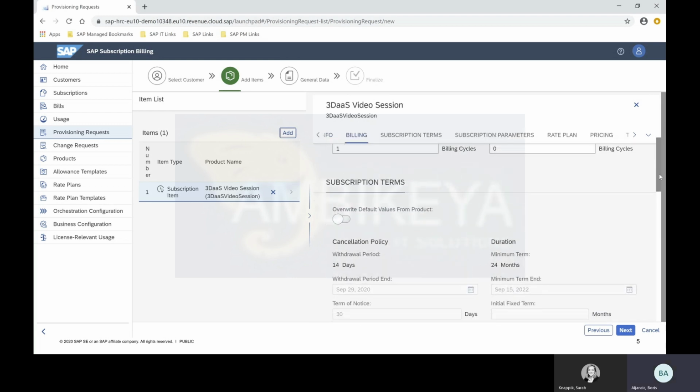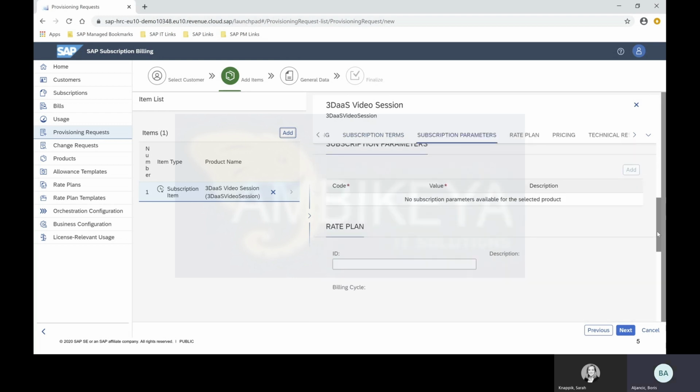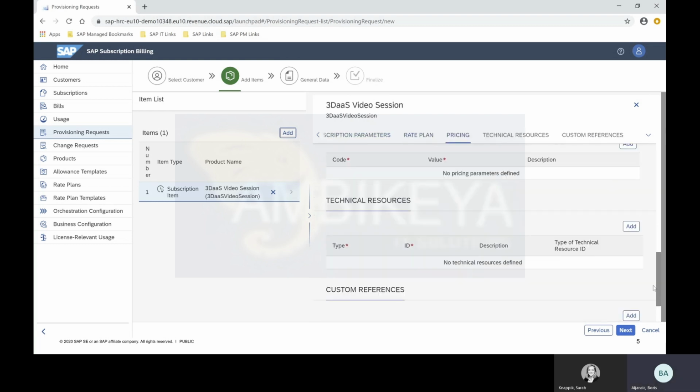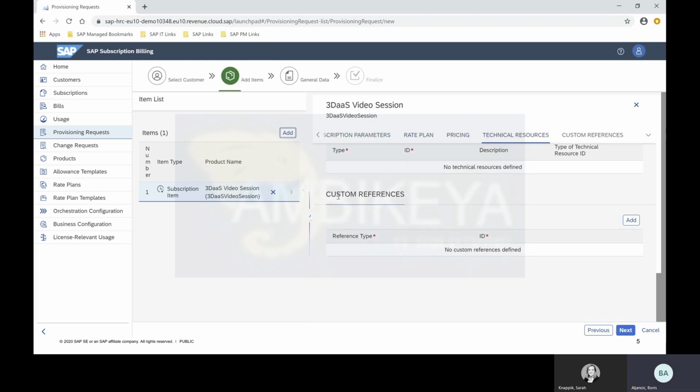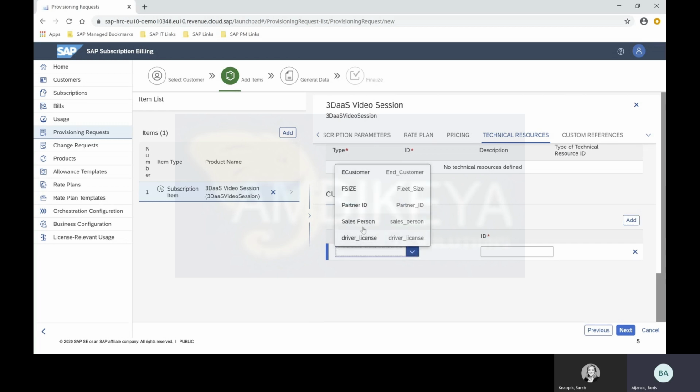And here, what I would like to add, if I go down, is a custom reference. So let's assume there is a partner associated. Yeah, so we are simulating a system like the web shop, and somehow this system also provides us the ID of the partner. So here I'm going to select the partner ID and provide an ID, for example, 4711. And with that,